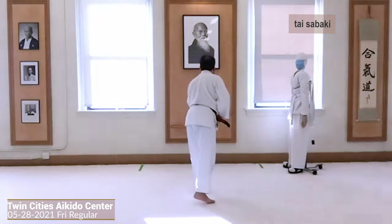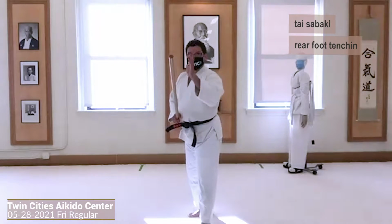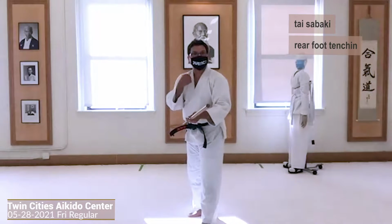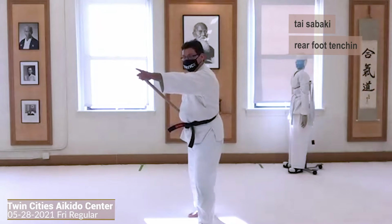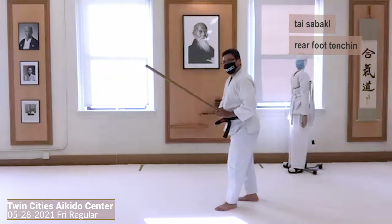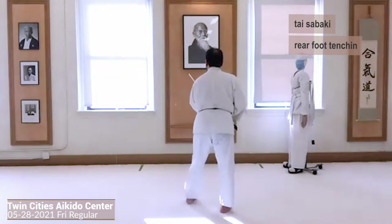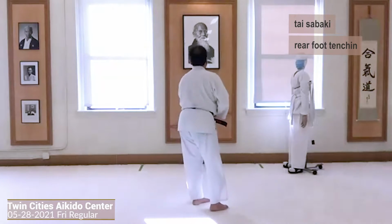Okay. Rear foot tenchin. So left hand, left foot in front. Now something is attacking from my right side. Here, I draw, I look to my right, back foot moves, front foot stays. Now I'm looking to my right with my left foot in front. Okay? So and here and each,